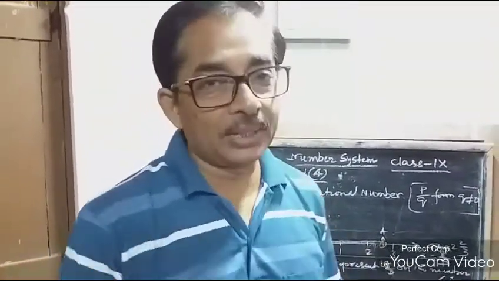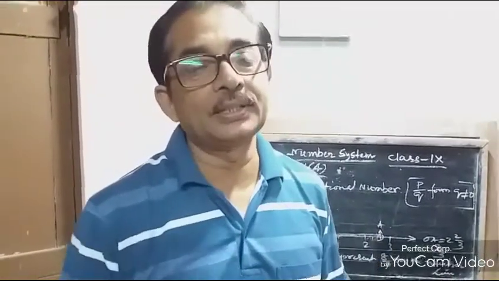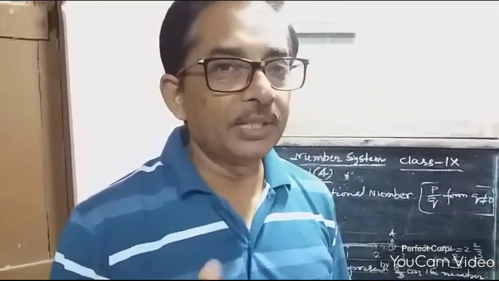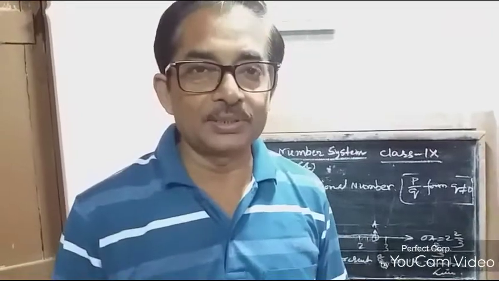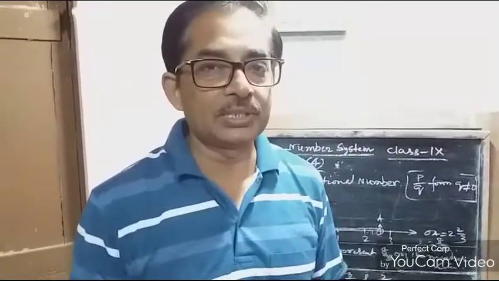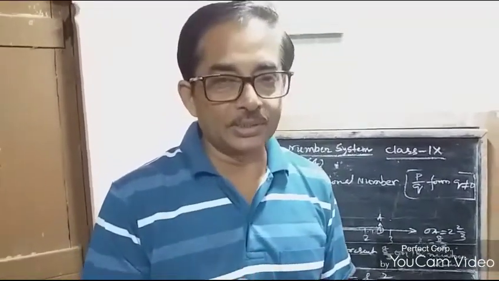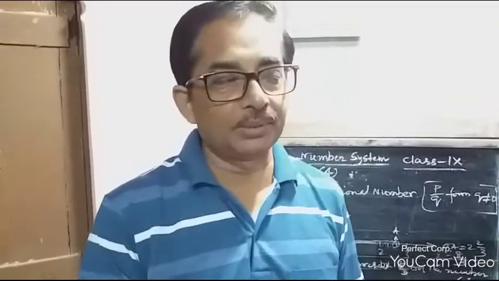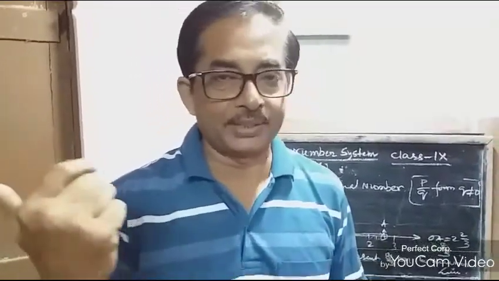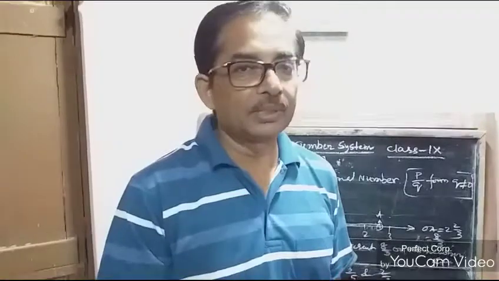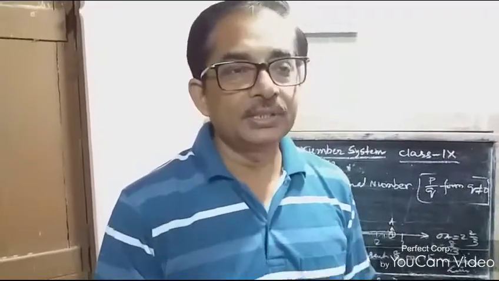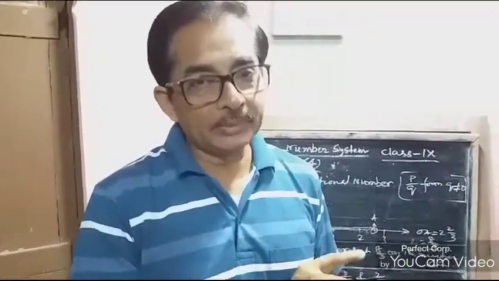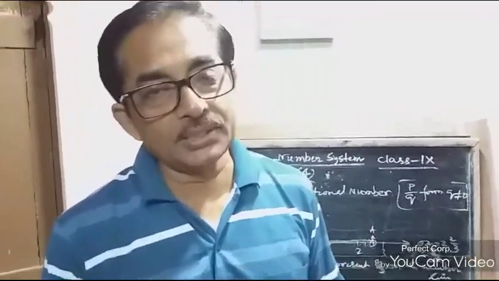The first one I am going to start is the number system. You have already learned the different types of numbers. First, just try to recall all these things. Number one is natural numbers, the counting numbers, starting from 1 to infinity. Then come whole numbers, including 0; all natural numbers are whole numbers. Next are integers, including 0 and the negative and positive natural numbers.